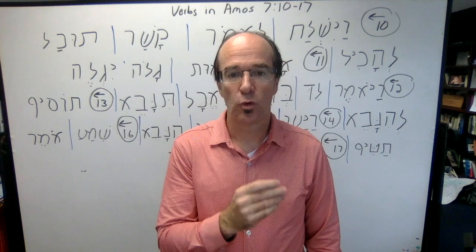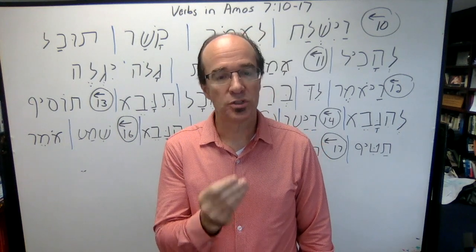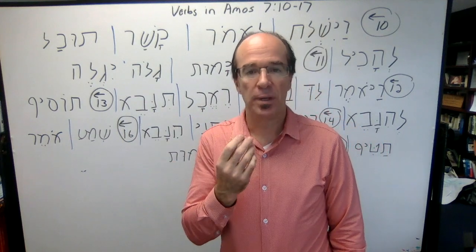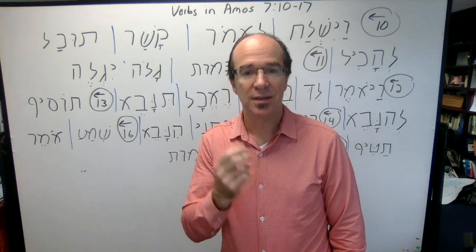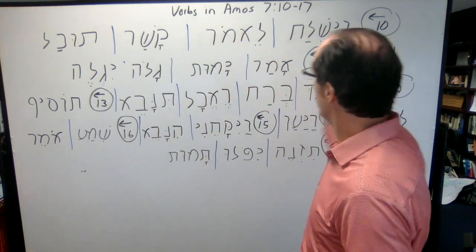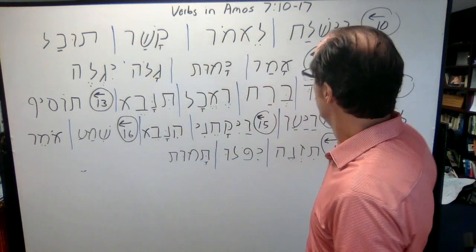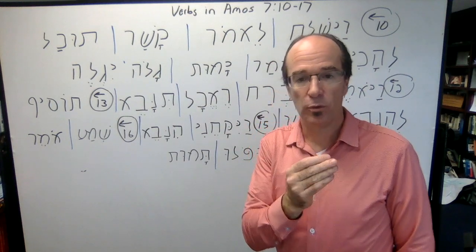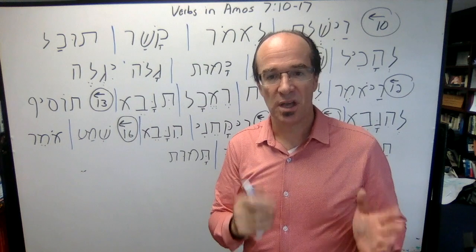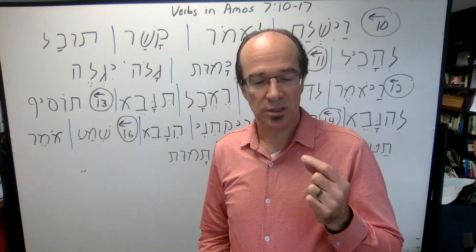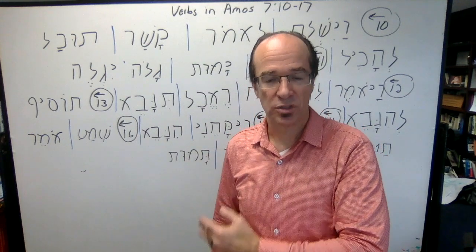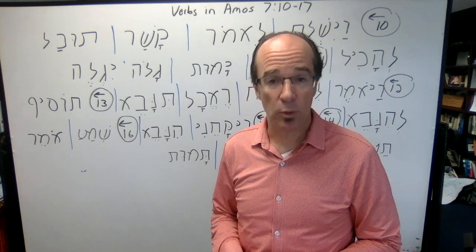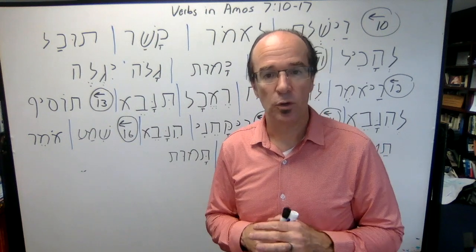In this talk for my Biblical Hebrew course, I want to work through the actual verbal forms that show up in our reading, Amos 7:10 to 17. What I have up here on the board, written from right to left as it would be in the Hebrew text, is every verbal form in verses 10 to 17. I say every in the sense of every unique form, because there are some repetitions, and so I'm not going to parse the same exact verb form twice, but I want to walk through these with you to help you